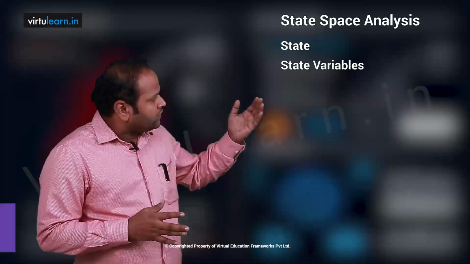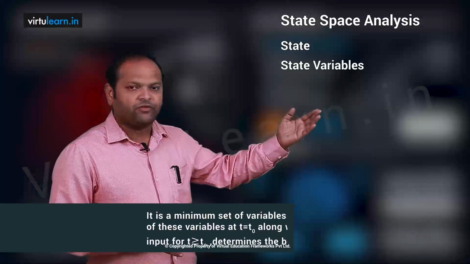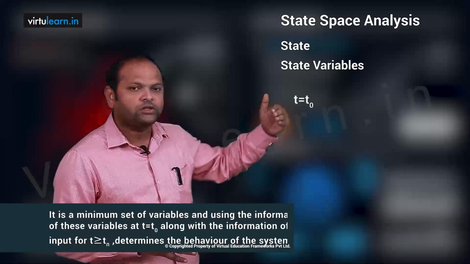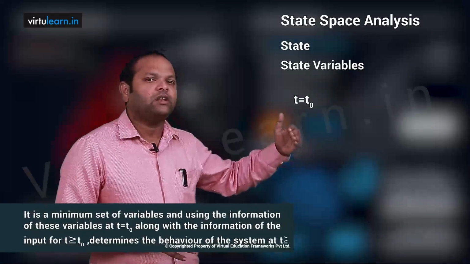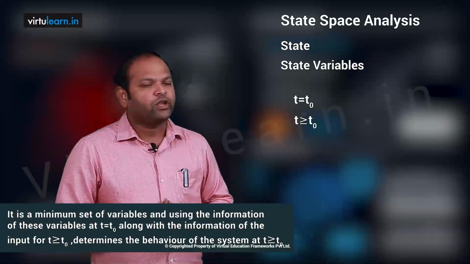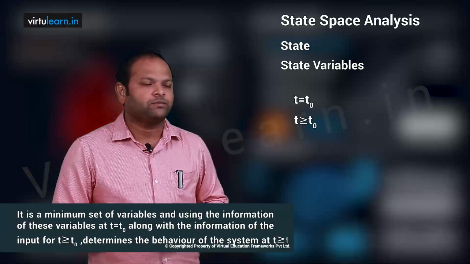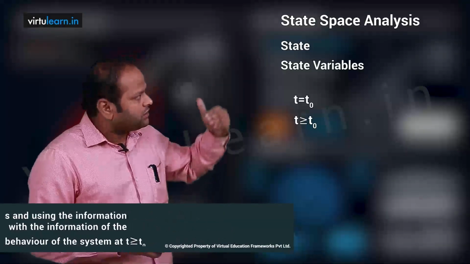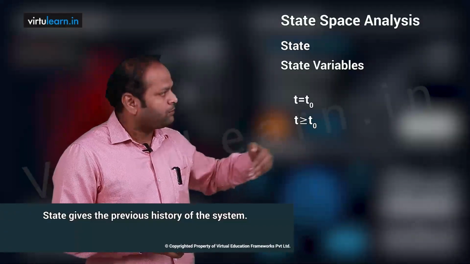Before going to look at the state space analysis, we will define some of the definitions which usually appear in a state variable analysis. The first one is state or state variable. It is a minimum set of variables. Using the information of these variables at t equal to t naught along with the information of the input at t greater than or equal to t naught, we can find the complete behavior of the system at t greater than or equal to t naught, which means that the state variables give the previous history